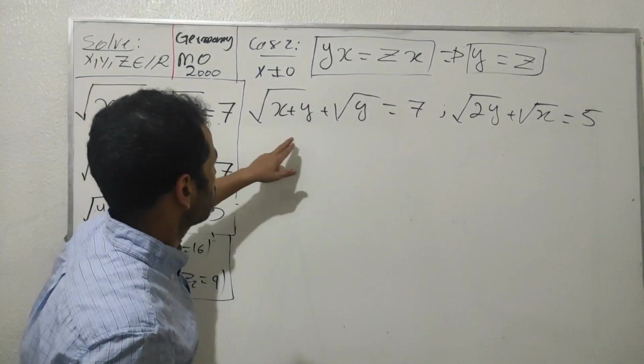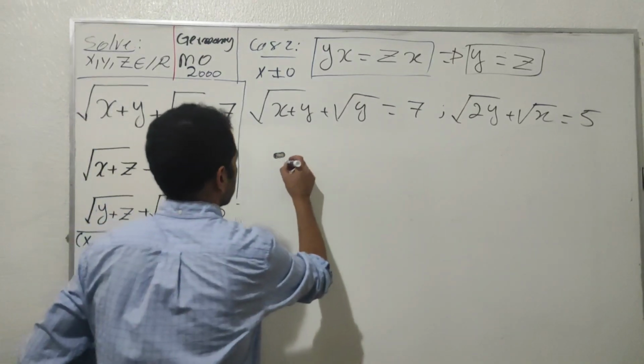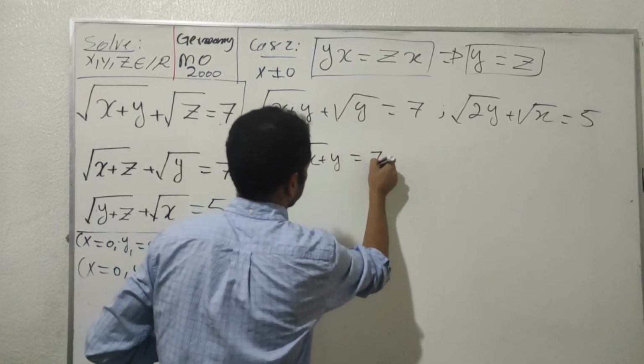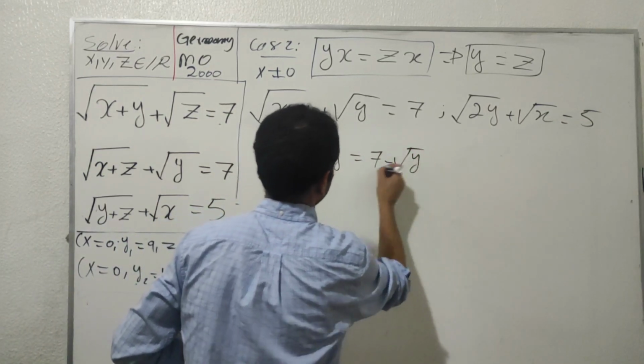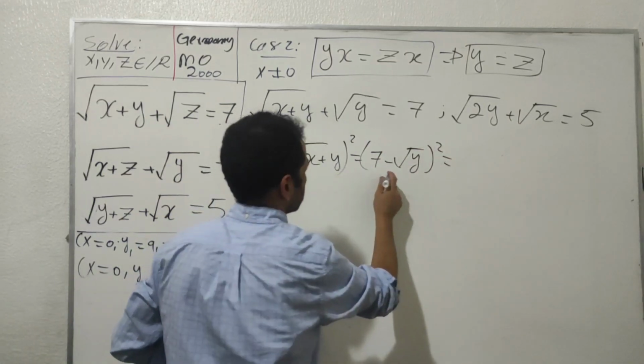So now I'm going to move over this term to the right and square both sides. So I get here x plus y equals 7 minus square root of y. Then square both sides like this. I get here 49